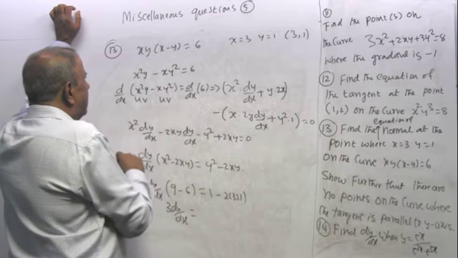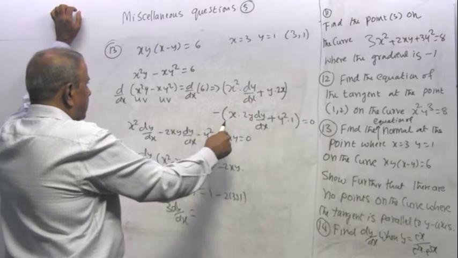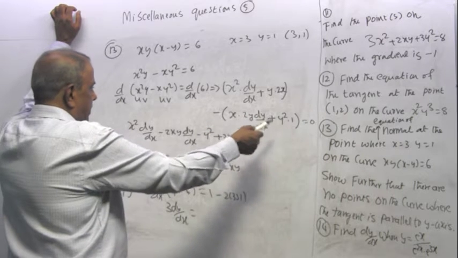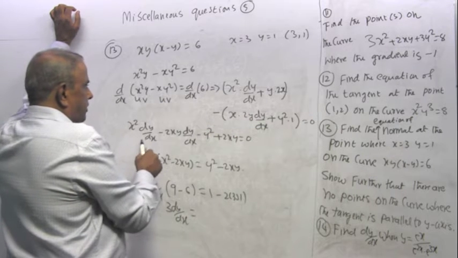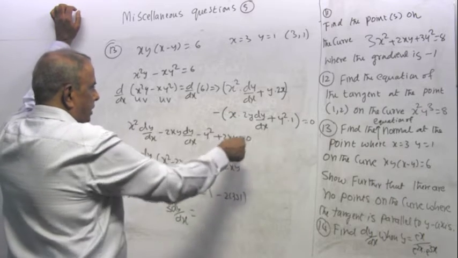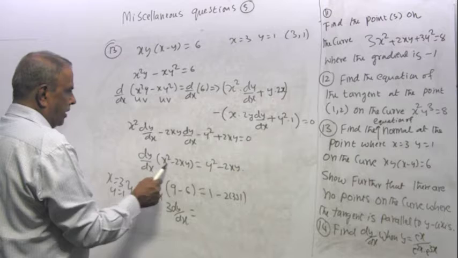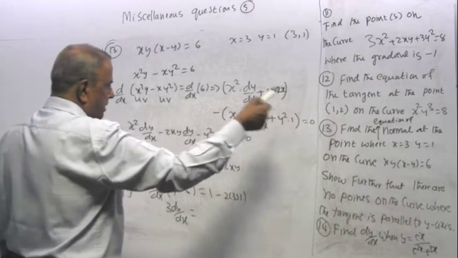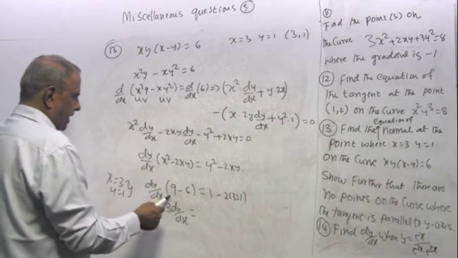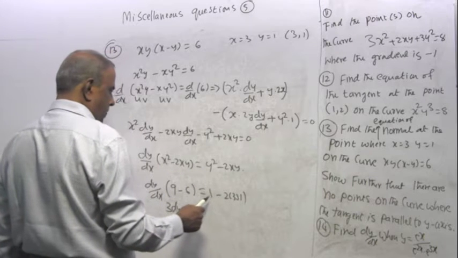x squared dy by dx plus 2xy minus x times 2y dy by dx, y squared times 1. So x squared dy by dx minus 2xy dy by dx minus y squared plus 2xy equals 0. So dy by dx times x squared minus 2xy equals y squared minus 2xy. That's perfectly alright. So 3 squared is 9, 2 times 3 is 6, 1 squared is 1, 2 times 3